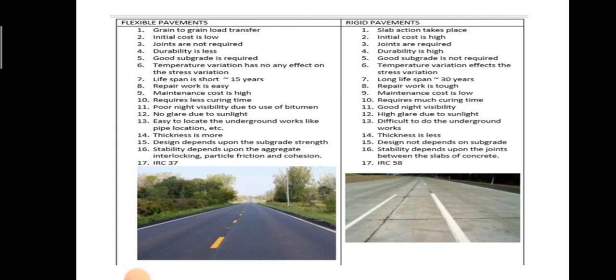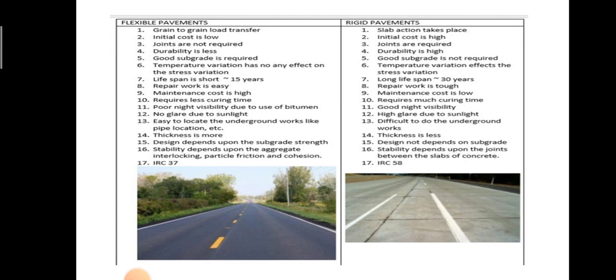Then rigid pavements. In rigid pavements, slab action takes place. Initial cost is high, joints are required, durability is high, good subgrade is not required, temperature variation affects the stress variation, long lifespan, that is about 30 years, repair work is tough, maintenance cost is low, requires much curing time,